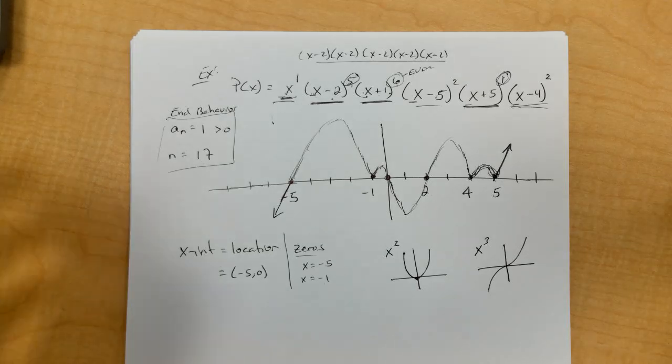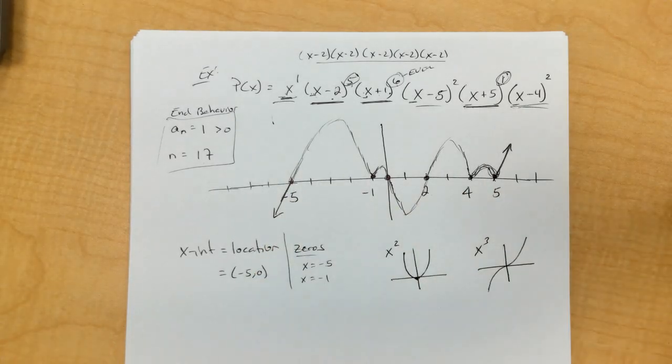And that's how you use multiplicities. Again, that's if you get it down to the factored form. That's what we're getting to. That's the hard part. Okay, that's enough examples for those. Let's go back to